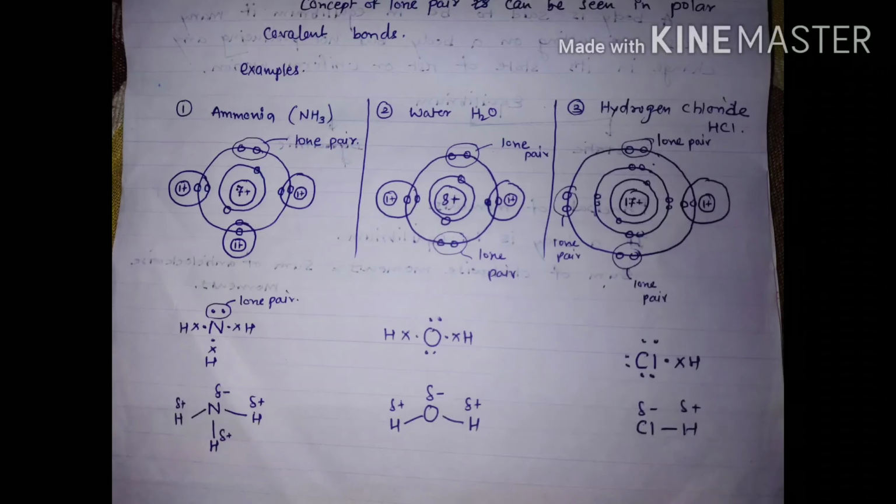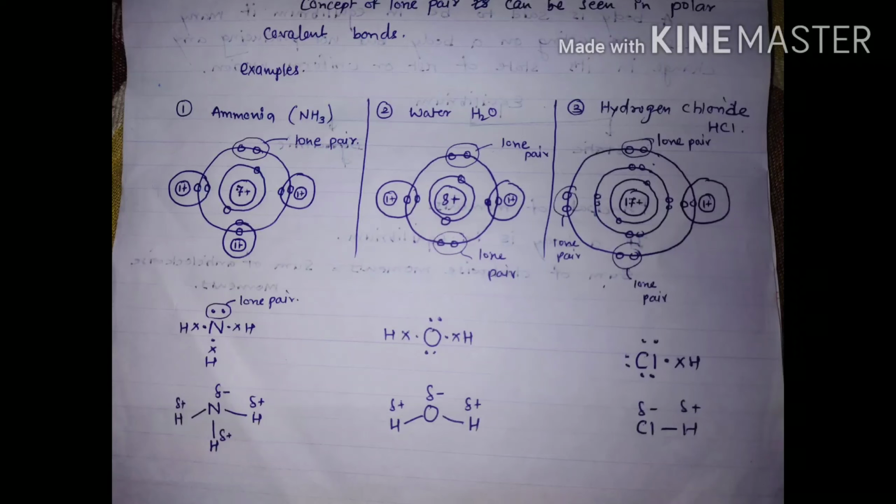As in the example of ammonia, ammonia is a covalent compound between nitrogen and hydrogen. So nitrogen has atomic number 7, it has electronic configuration 2,5. So it shares 3 electrons with the 3 hydrogen atoms. It has 5 electrons in the outermost shell, out of which it shares 3 electrons with the 3 hydrogen atoms. So we can see in the diagram that